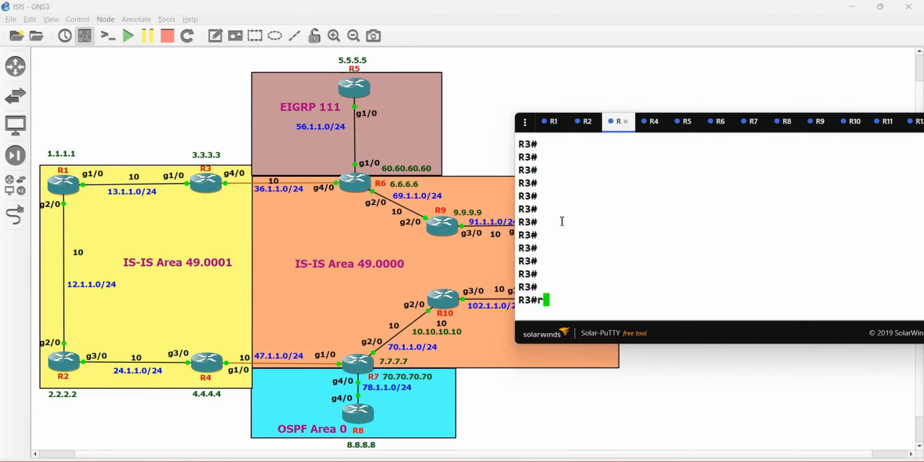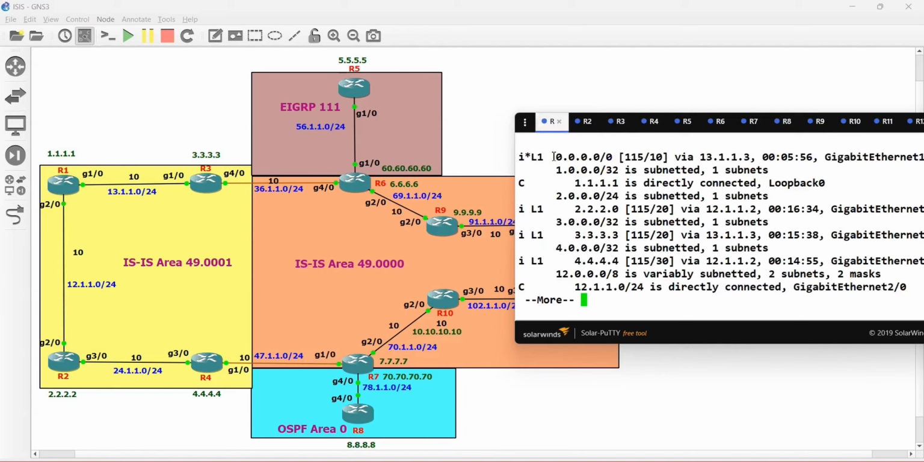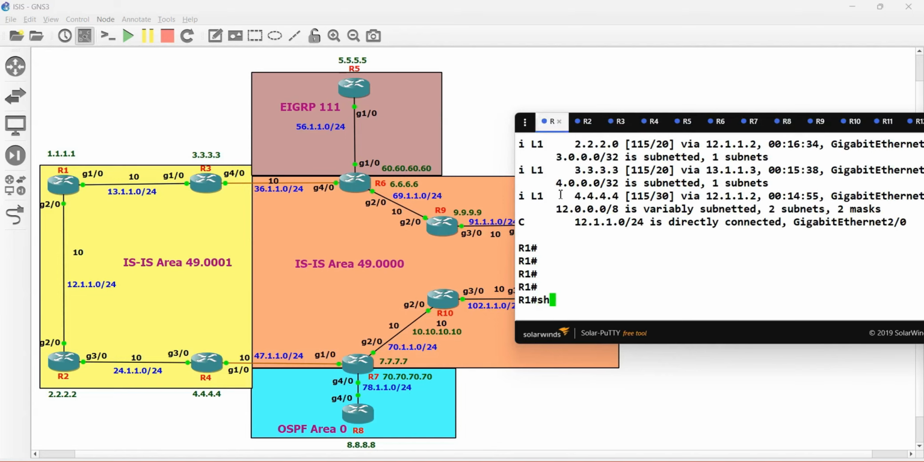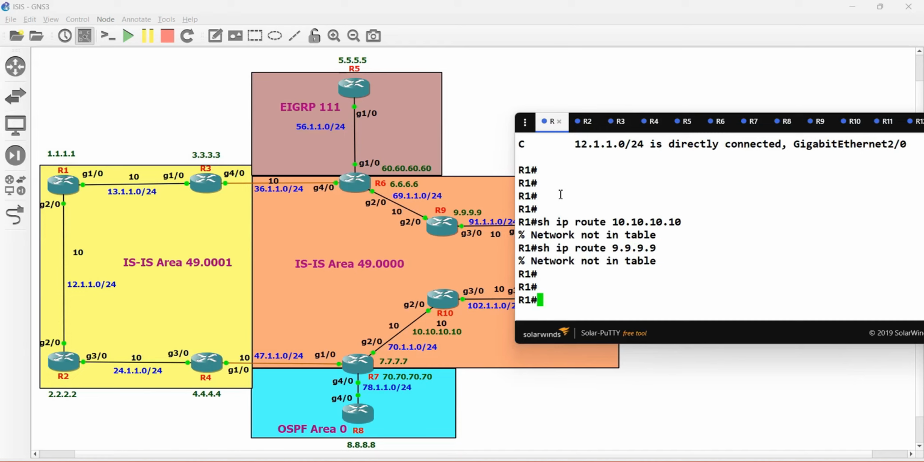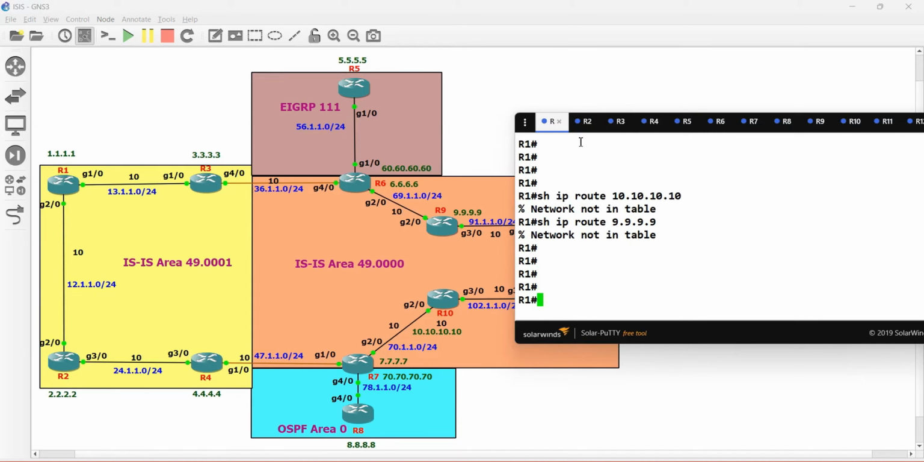We'll have to go in ISIS, but before that let me show you the output. So here in R1 we don't have the subnet 10.10.10.10, right? And 9.9.9.9 also, right? So here in R3 and R4